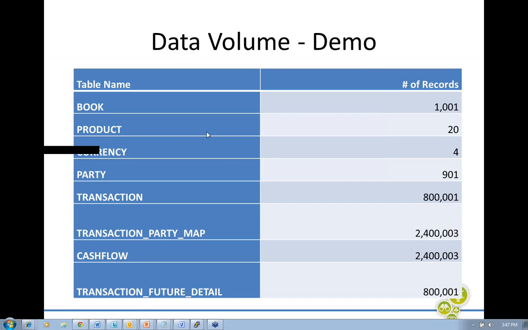The top 4 tables are static tables. They hold a lot of static information, and the bottom 4 tables store most of the transaction information. So we had around 800k transactions or trades, and every trade has multiple cash flows. So we had around 2.4 million cash flows in the system.